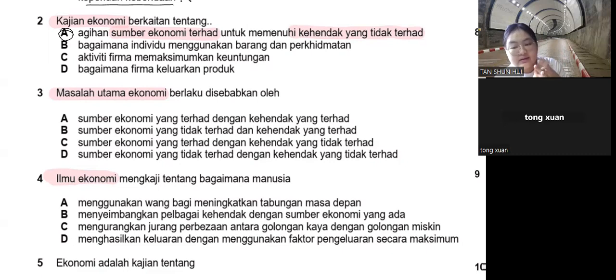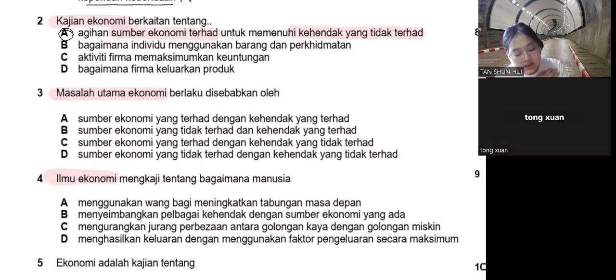Any idea? Now, you can see, no. You see, question 4, right? They said, ilmu economy means they are still asking you, you are still looking at sumber yang terhad, kehendak yang